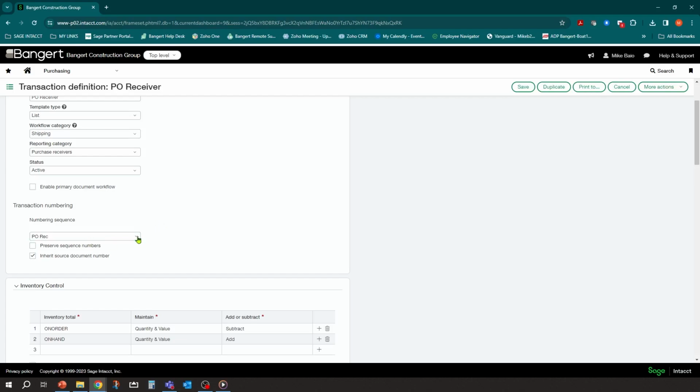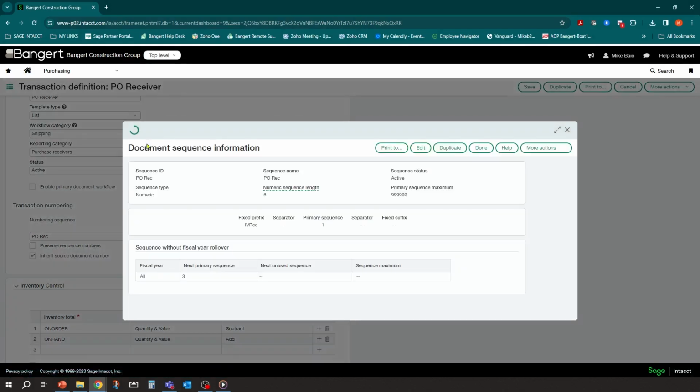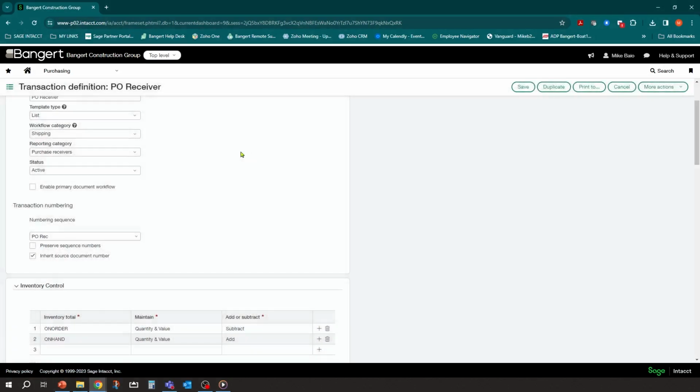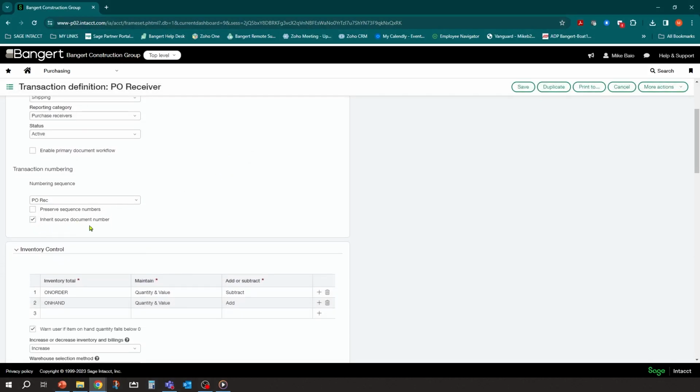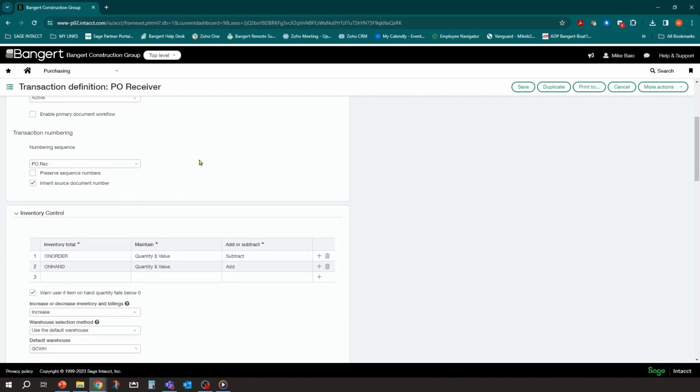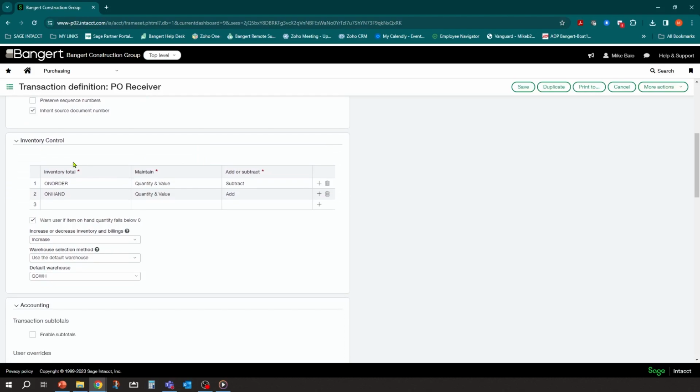So I have a PO receiving number sequence set up here that's labeled accordingly. So you can set your own PO receiving. Going to inherit the source document number, which is going to mean it's going to inherit the purchase order PO number from the system.